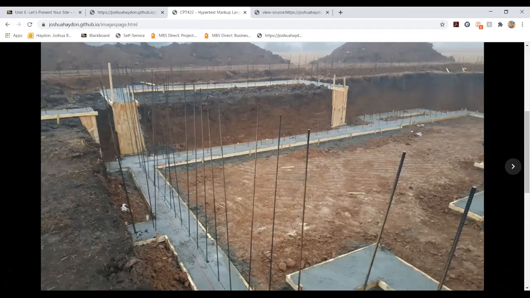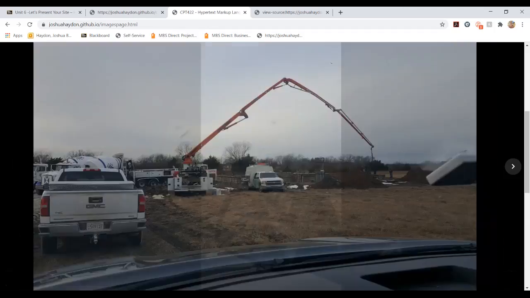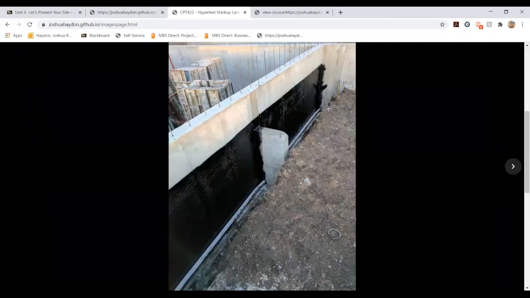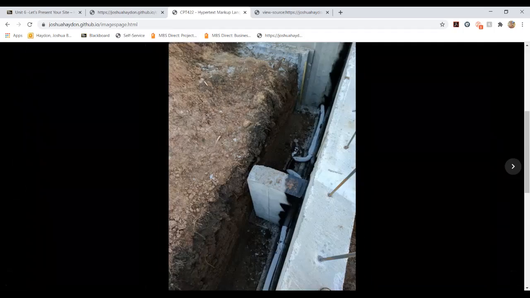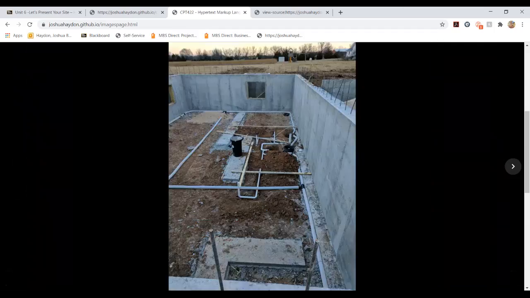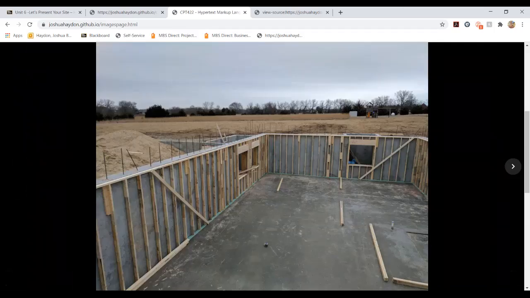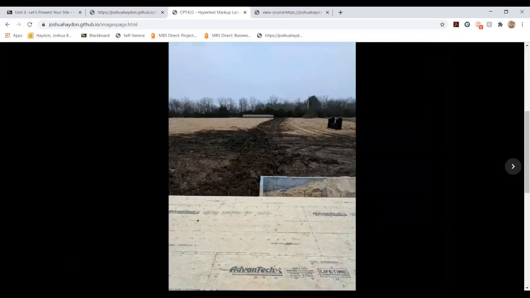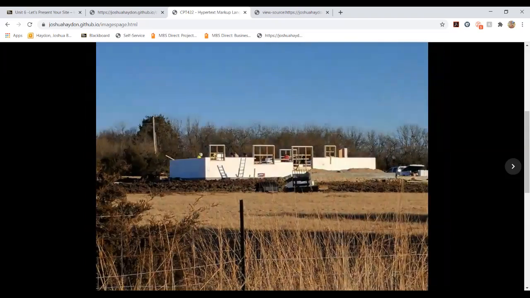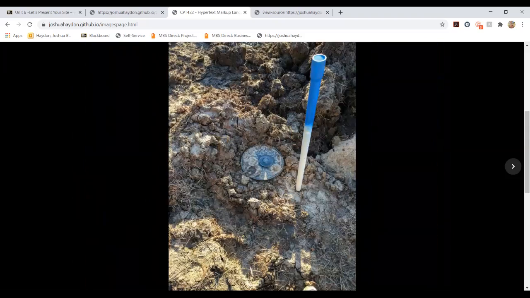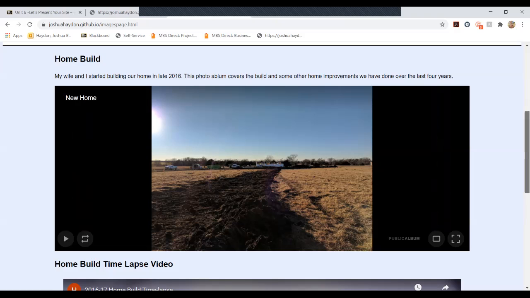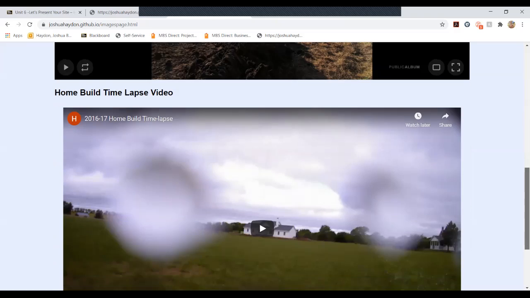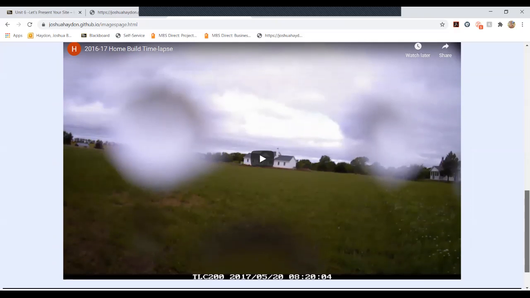Just took a lot of pictures during it to have a historical record, kind of an idea of where things are behind the walls was our idea when we were taking all these pictures, so for future projects we would know where things were located. But yeah, very, very fun process. Me and my wife had a good time, and we still live in that home, and we love it. This was the time lapse video